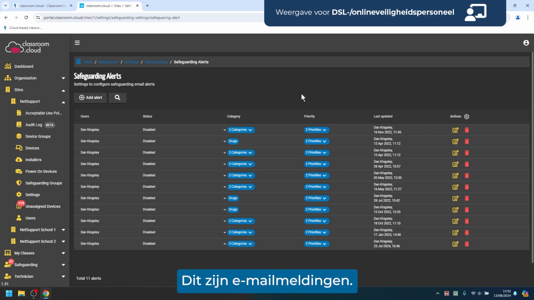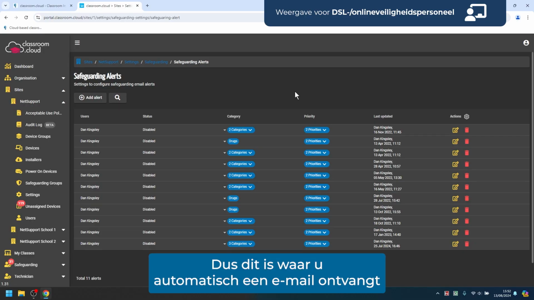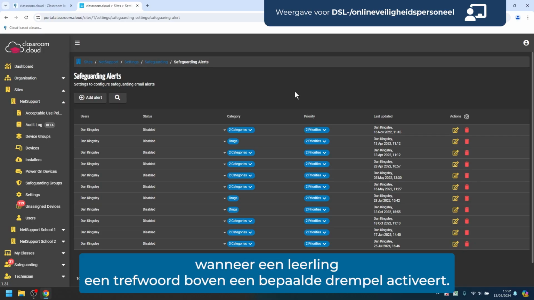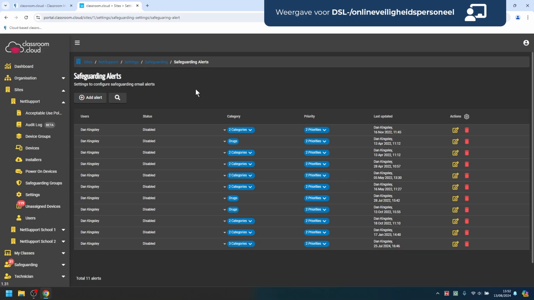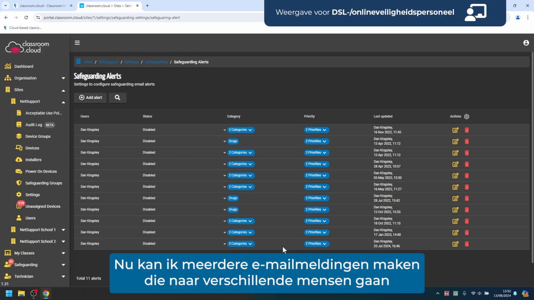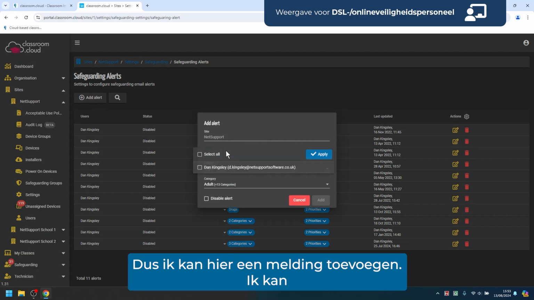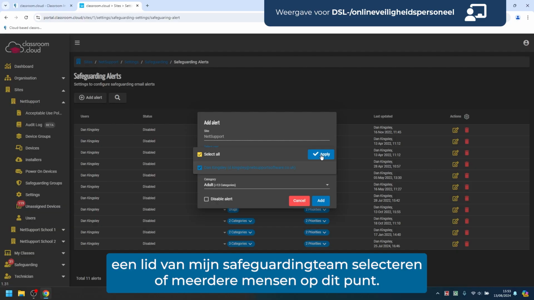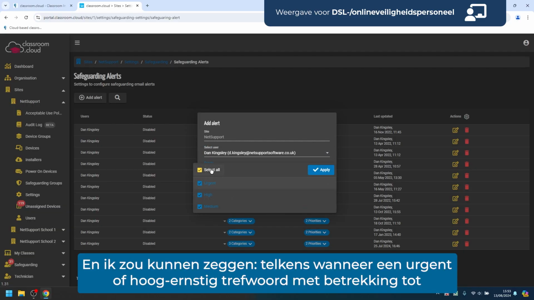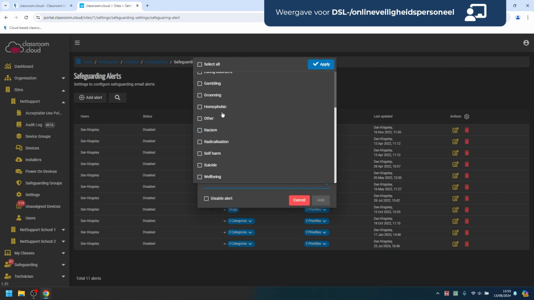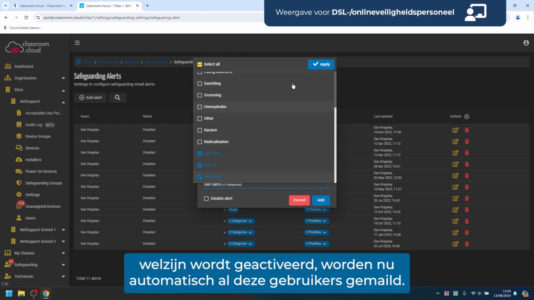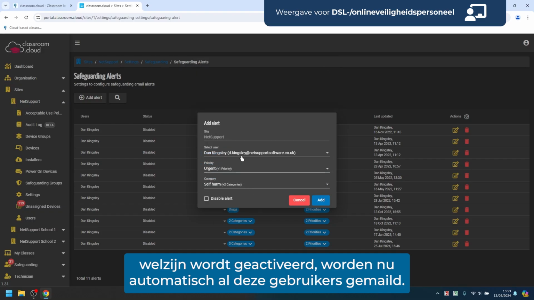Safeguarding alerts. These are email alerts. So this is where you will automatically receive an email when a student triggers a keyword of a particular threshold. Now I can create multiple email alerts going to different people based on different things. So I can add an alert in here. I can select a member of my safeguarding team or multiple people at this point, and I could say anytime an urgent or high severity keyword relating to self-harm, suicide and well-being is triggered, it will now automatically email all